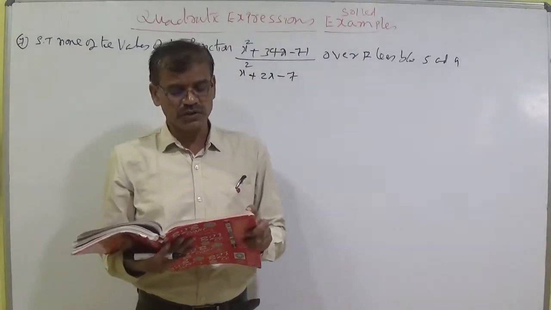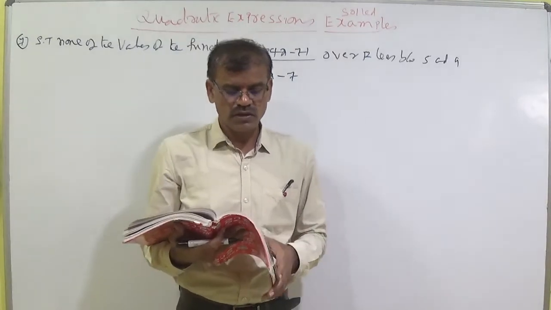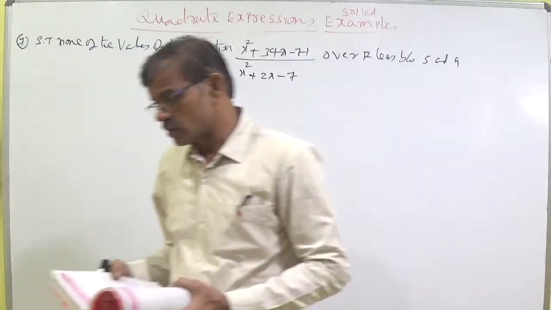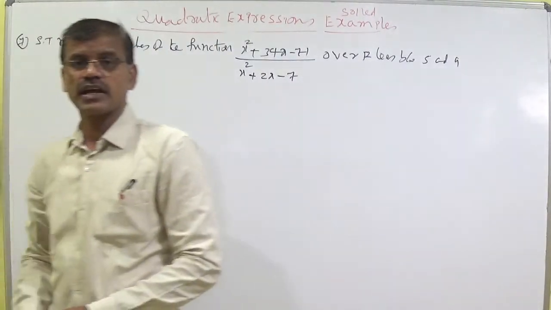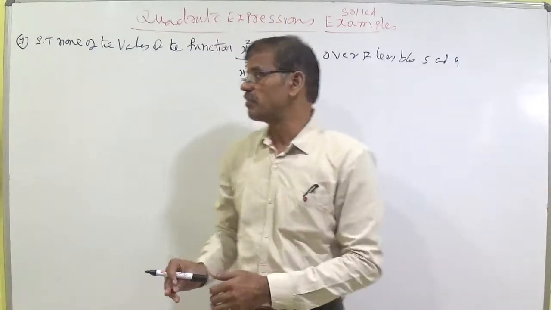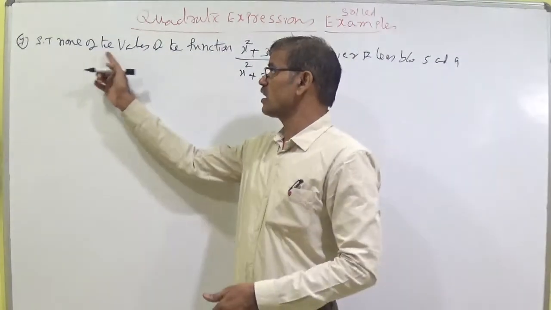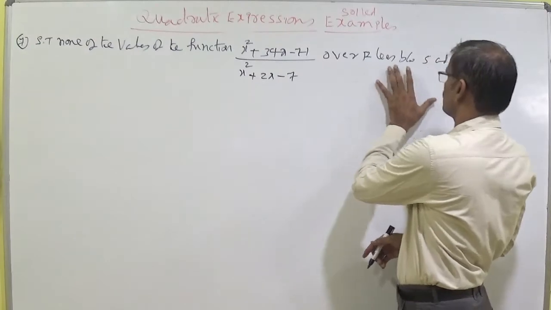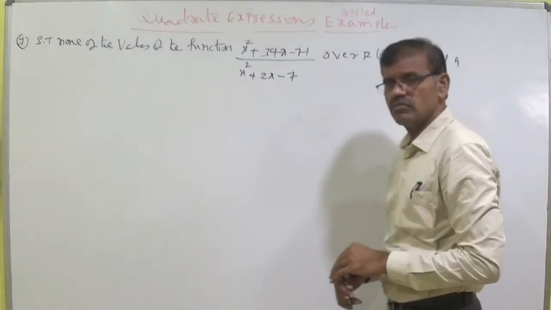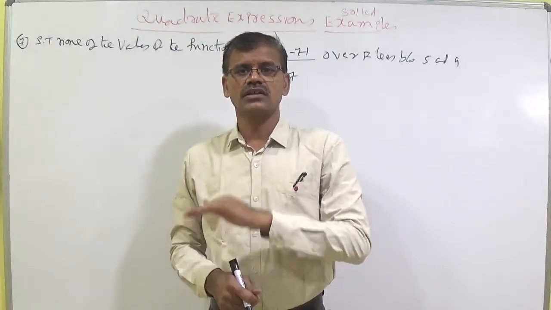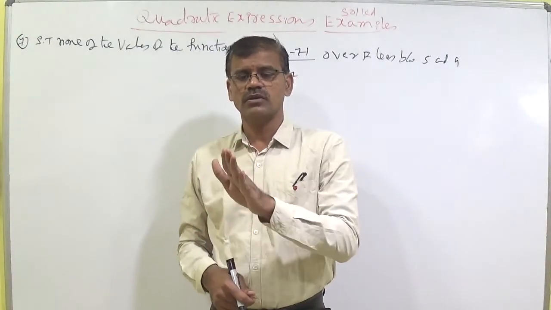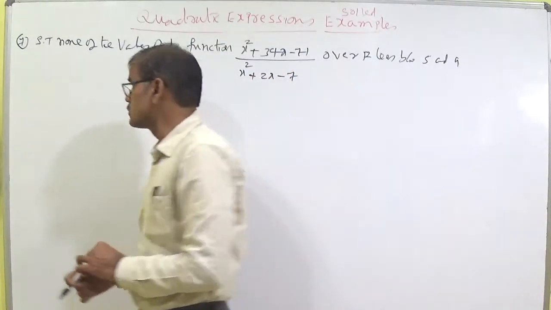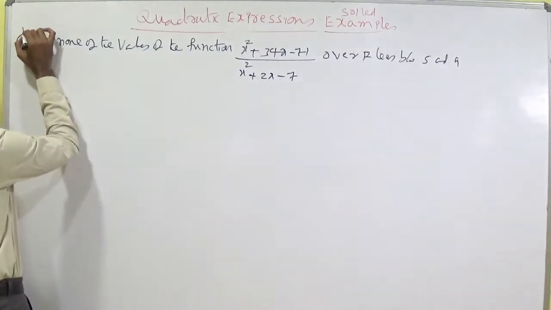Here the student should try to understand: show that none of the values of the function, over R, lies between 5 and 9. Some students understand this as the value lying between 5 and 9. That is exactly wrong. First you should read this question carefully: none of the values over real numbers lie between 5 and 9. That means other than between 5 and 9 there is a value, that is, the values lie less than 5 and greater than 9 for this function. This is most important.